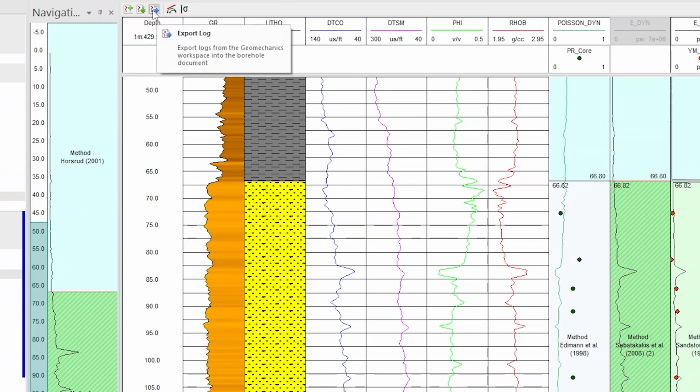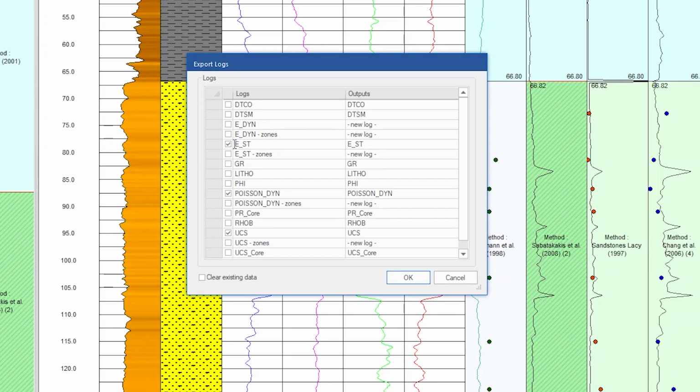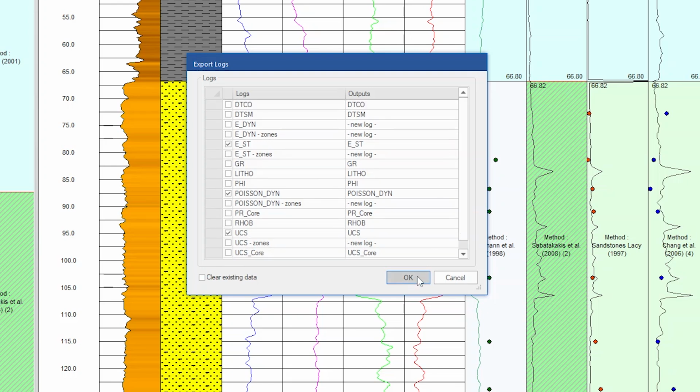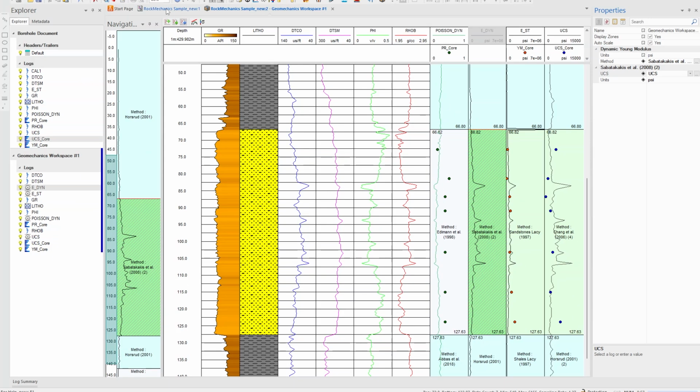So once we finish this, and if we are satisfied with the output of the Geomechanics workspace, we can go to the export log option to visualize everything in a nice borehole view. We select the logs that we want to export and we press OK.